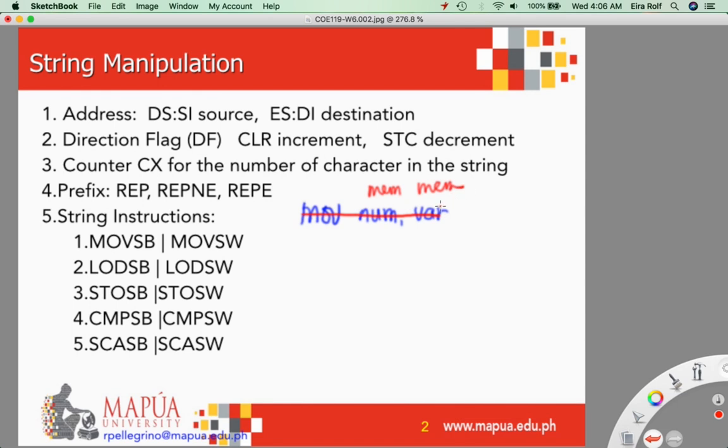Since we're dealing with strings, what do we mean by string? A string is a collection of data. Since it's a collection of data, we cannot use a register for that, because what's the maximum size that your register can have? You have 2 bytes, 4 bytes, and 8 bytes. But if you have a larger collection of data, an array of data, you need a memory location for that. So for you to be able to process the string, you need to make use of